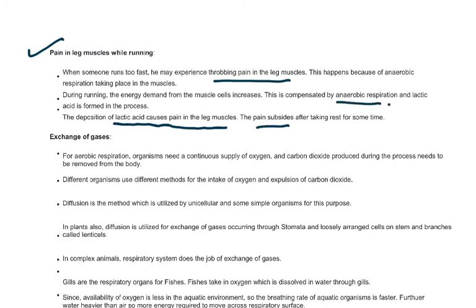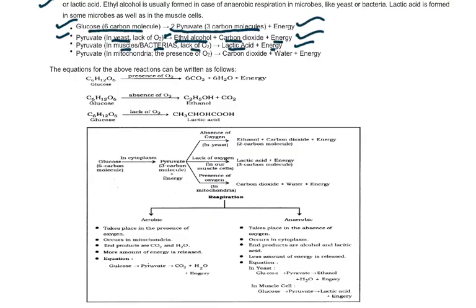If we rest for some period, this lactic acid diffuses from the muscles or is converted back into pyruvic acid, which again gives relief. Now these two processes take place in the absence of oxygen. I again repeat: in yeast, in the absence of oxygen, ethyl alcohol is produced along with carbon dioxide and energy. In muscles and bacterial cells, lactic acid is produced. Lactic acid you see every day.